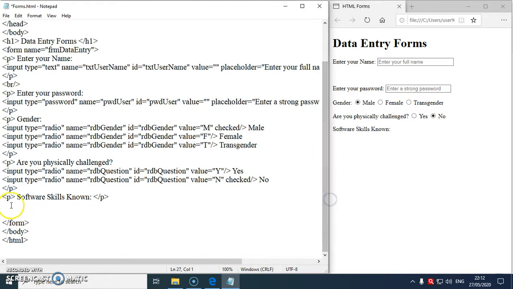Now we'll create a checkbox, and to create a checkbox we need an input tag, right? With which attribute? Type. What is input? Input is a tag, type is its attribute, and every attribute has a value. So how do we write the value?